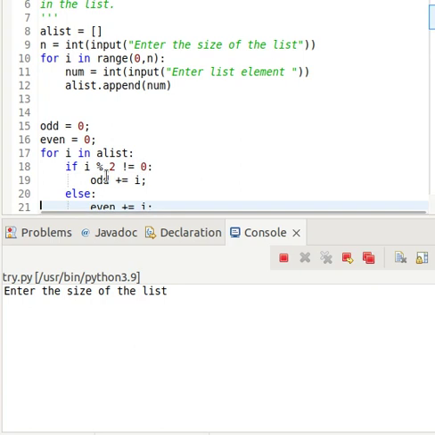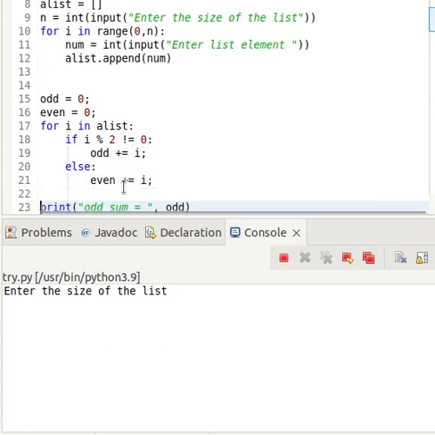So then this number is odd, so odd plus equals the element. Otherwise we have to do this even plus equals, that means even equals even plus the